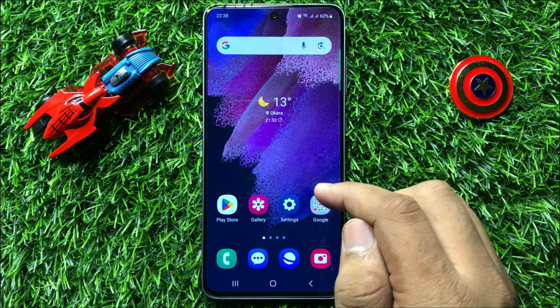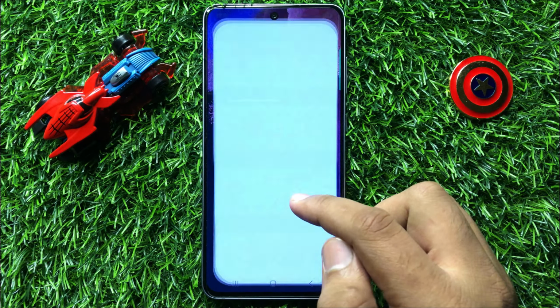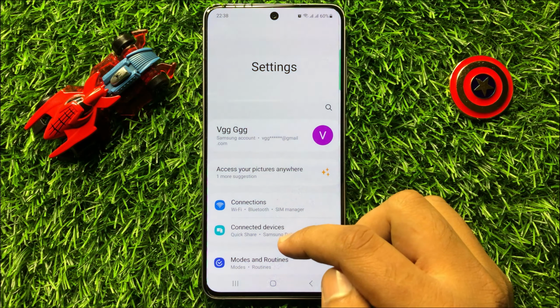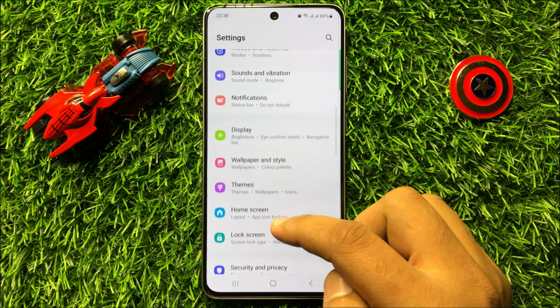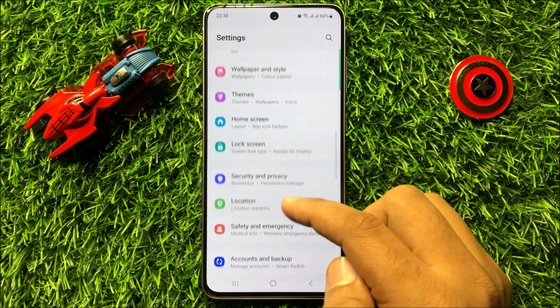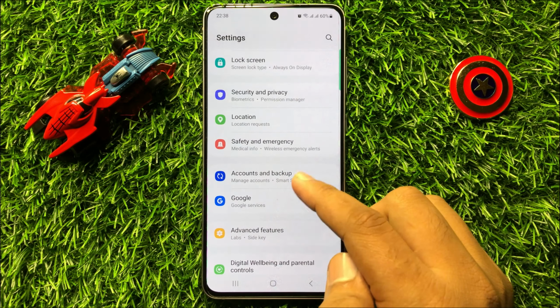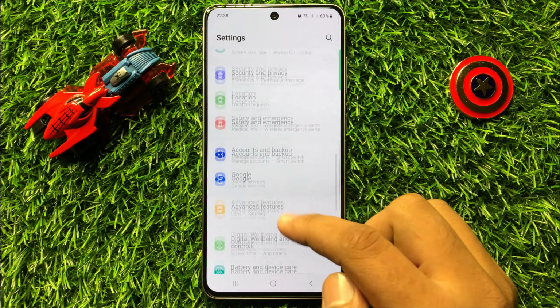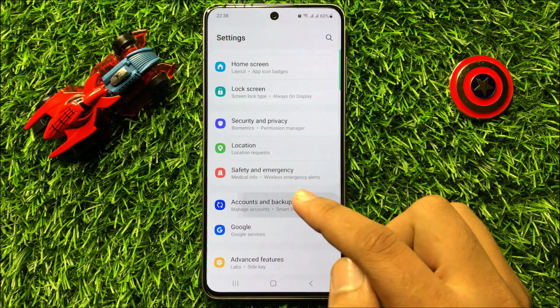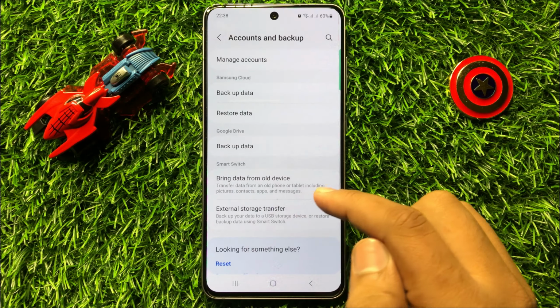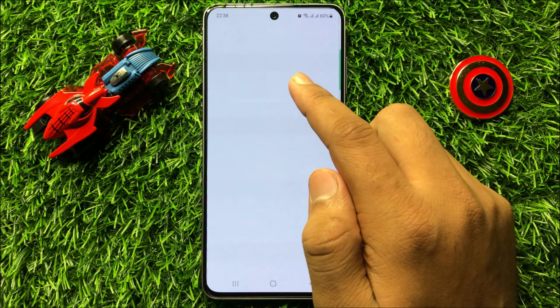So first of all, open settings. Now in settings, scroll down. And now here click on accounts and backup. Now here click on backup data,